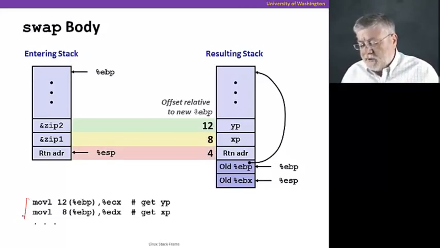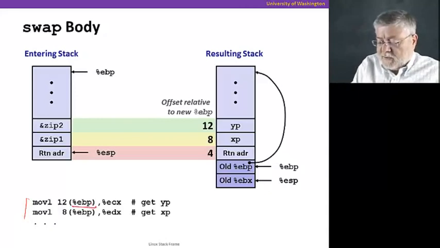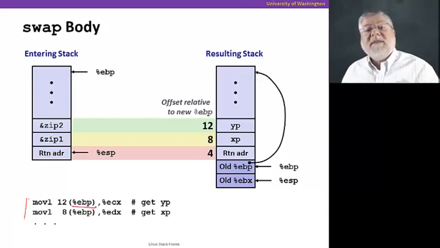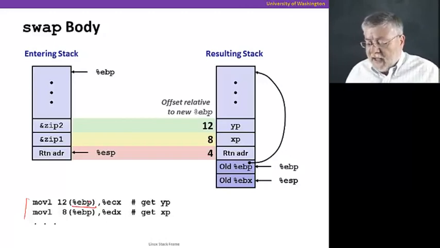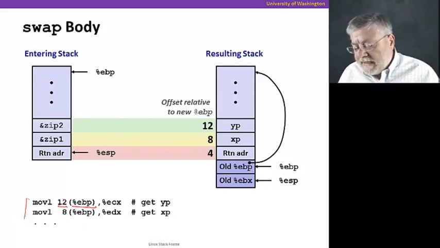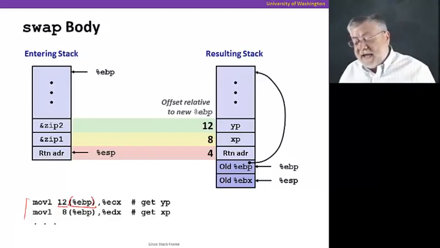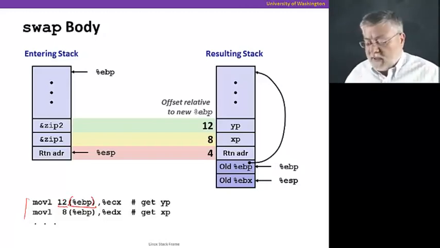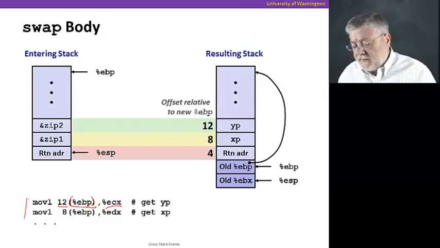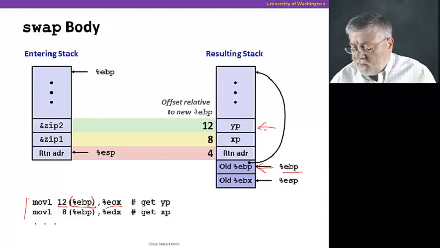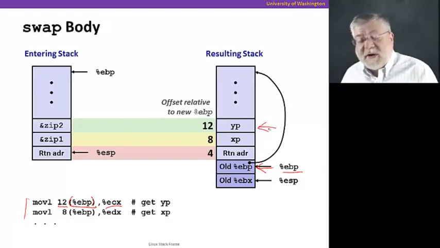And what is going on here? You'll notice that we're taking the current value of our frame pointer, the base pointer to our frame, and adding 12 to it. Remember, the parentheses in this case mean use the address stored there, add 12, go get that value and put it into ECX. So what does that mean? Well, if we go to EBP, it's pointing to this location here. When we add 12 to it, we're now pointing to this location,